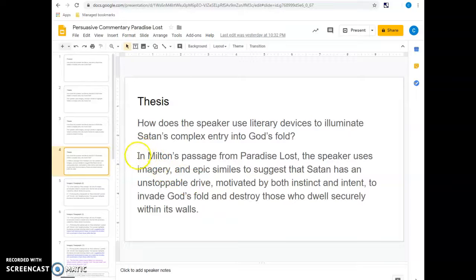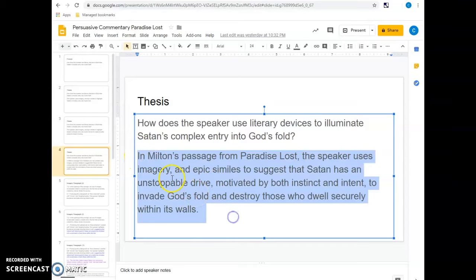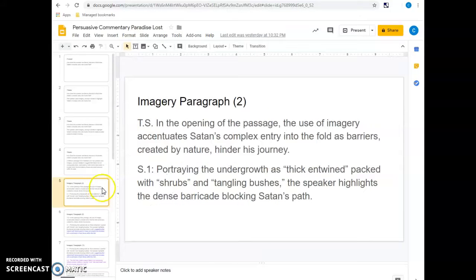Now we're getting somewhere. In Milton's passage from Paradise Lost, the speaker uses imagery and epic similes to suggest that Satan has an unstoppable drive, motivated by both instinct and intent, to invade God's fold and destroy those who dwell securely within its walls. Now we have a thesis that talks about Satan's motivation and what he intends to do. This is a 1-point defensible thesis, so you want to make sure you do that when you write about sonnet number 12. Now, what I'm going to do is I'm actually putting this onto Google Classroom, this slide,